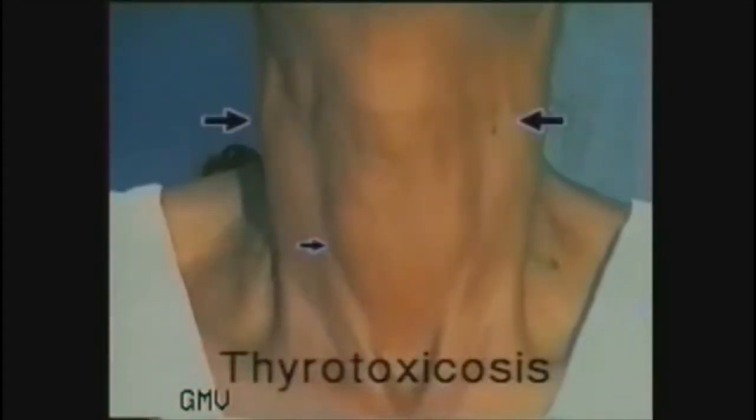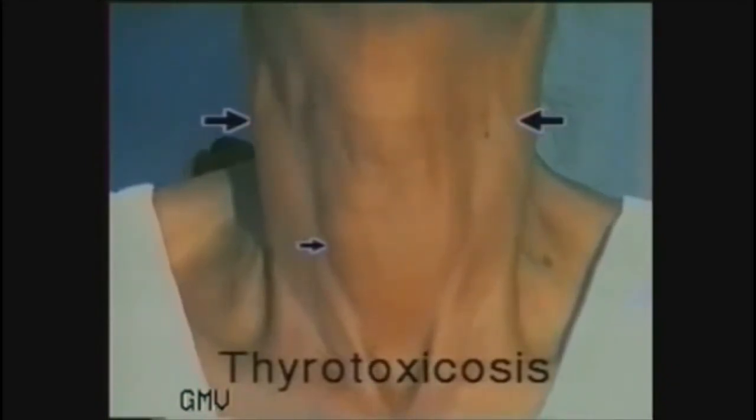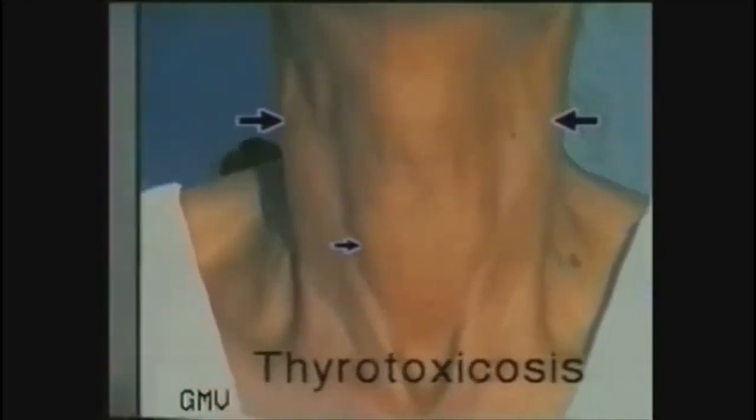Then watch the swelling for a few seconds quietly for pulsatility. Now ask the patient to swallow and look for an upward movement of the swelling. A thyroid swelling characteristically moves during deglutition, as it is enclosed in the pretracheal fascia, which is fixed to the thyroid cartilage. So when the superior constrictors of the larynx pull the thyroid cartilage up during deglutition, the thyroid also moves up and down.